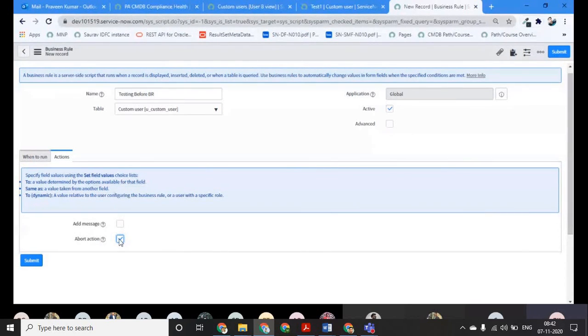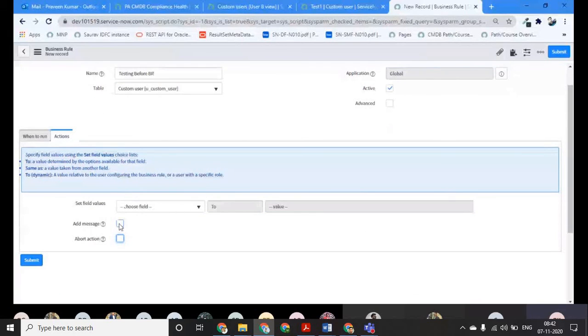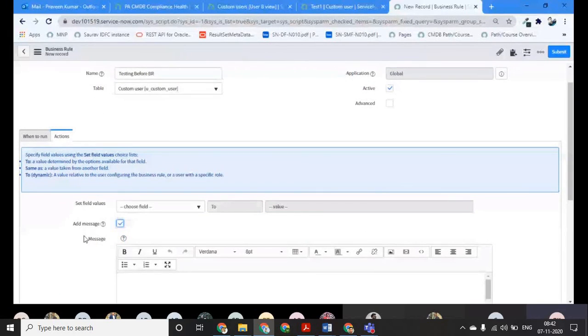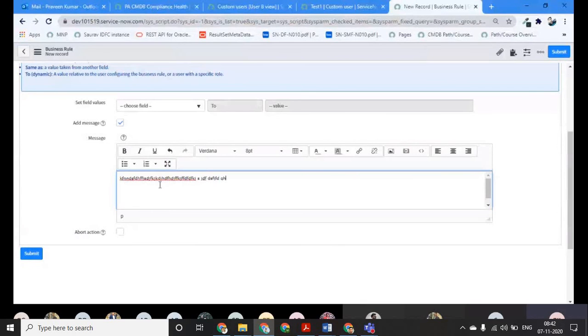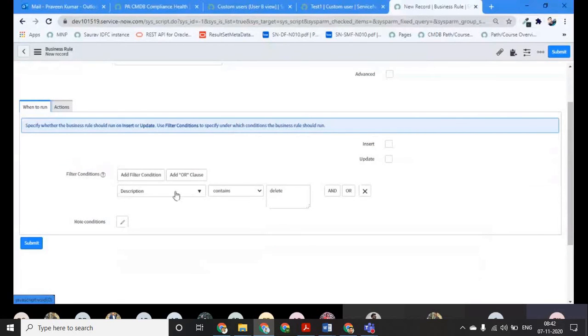Similarly, if the description contains delete and I want to display some message, I will use add message and write that message here, and that message will come whenever I am doing anything on a record whose description contains delete. Or I want to set some values.